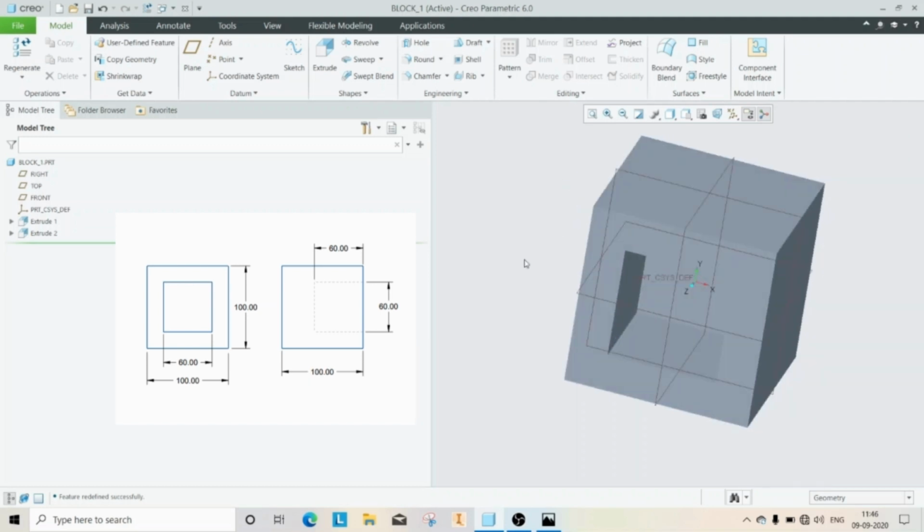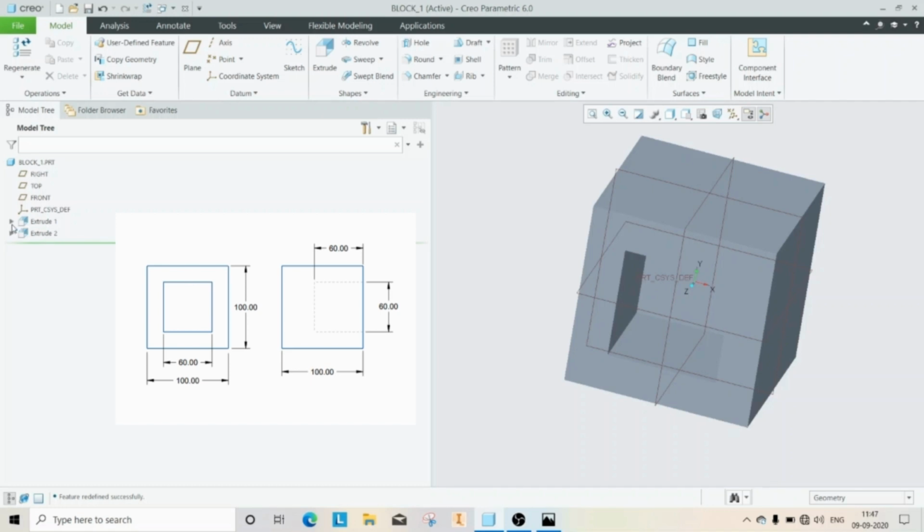In case of design change, there will be dimension changes. To accommodate these changes, parametric modeling is an important feature. So you can change the dimension by editing the sketch in the model tree. Now on the left side of the window, you can see the model tree. The model tree records all the operations used to create the model. Now in our case, there are two extrude operations listed here.